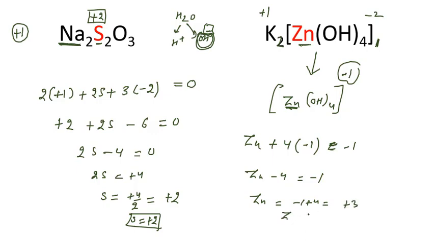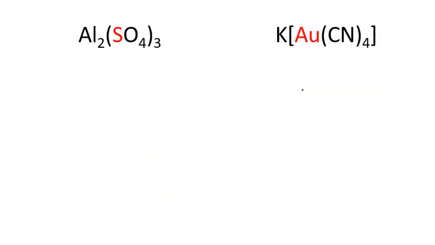You can see zinc shows, here we have the total charge is -2. -2, we can correct it, there is no problem. So here we have -2, then here we have -2, and if we have -2, then of course we are going to get +2 oxidation number. So here we have zinc shows +2 oxidation number. Yes, in this complex, this is in a complex, we can see, and it shows +2 oxidation number. That is correct.